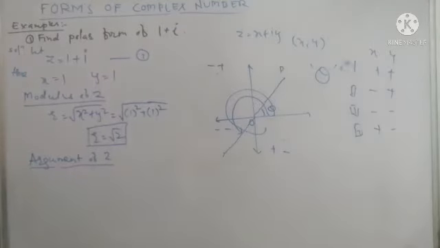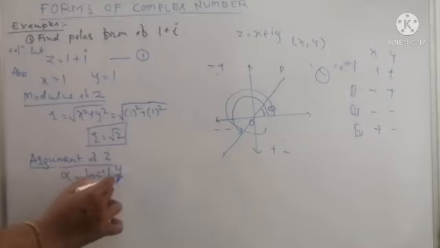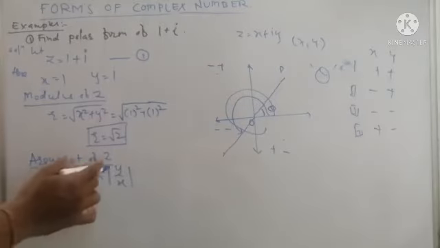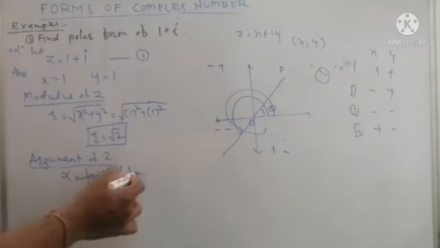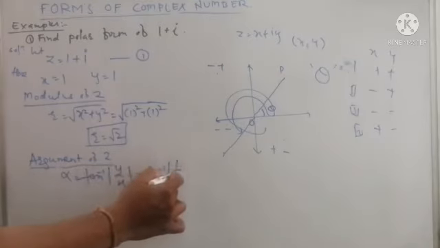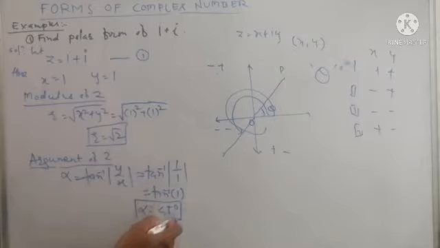For that, we generally evaluate alpha first, and the value of alpha is equal to tan inverse of mod of y by x. By taking mod, you can eliminate the sign of the values of y and x. In this case, we evaluate tan inverse of, as y is 1 and x is 1, tan inverse of 1. Actually, the angle having tan ratio 1 is 45 degrees. So we get here alpha as 45 degrees.